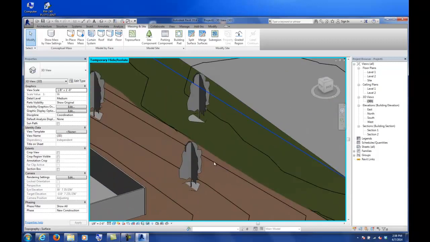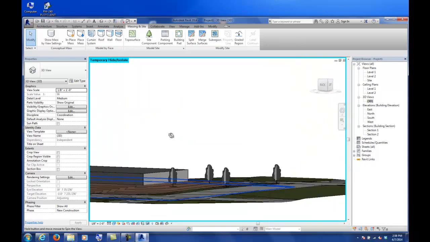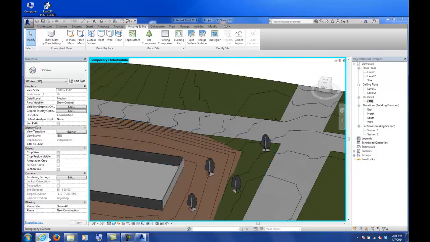When you render them, they look a lot better, if you remember that workshop. If you go to